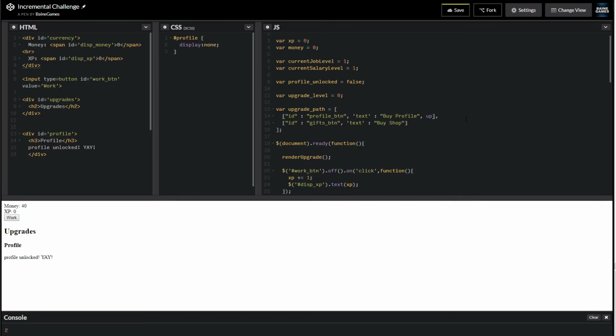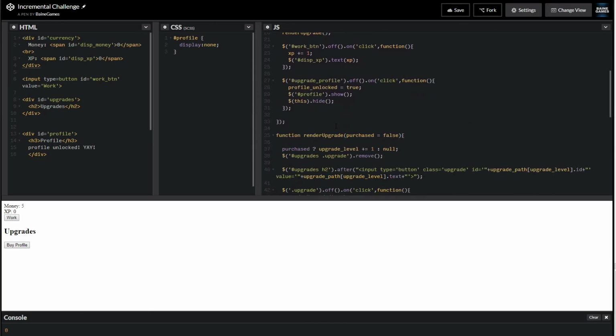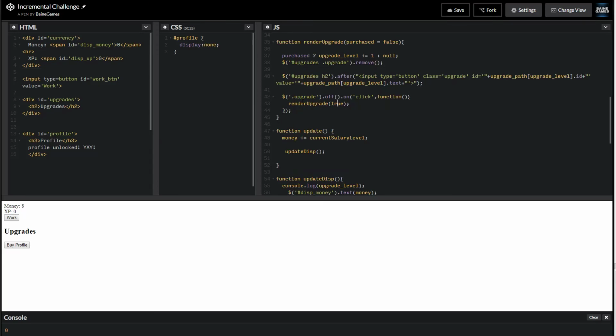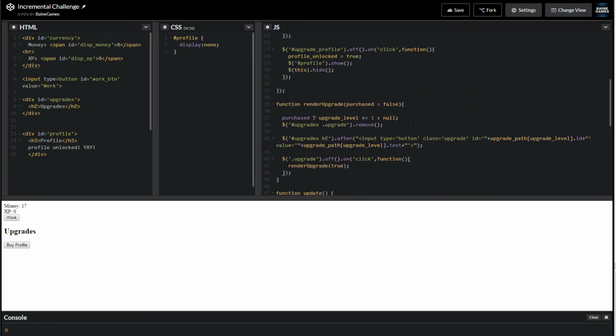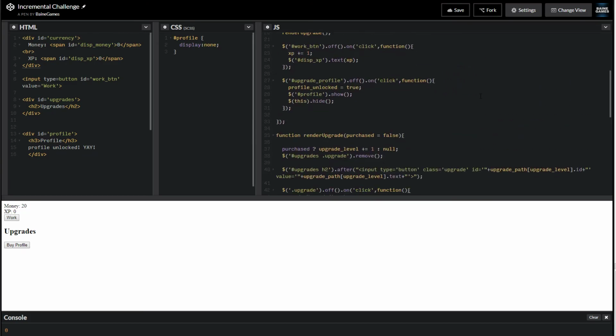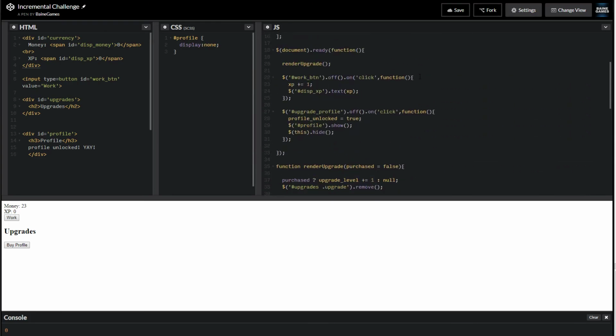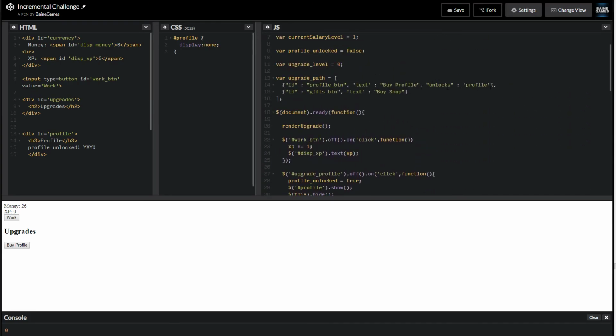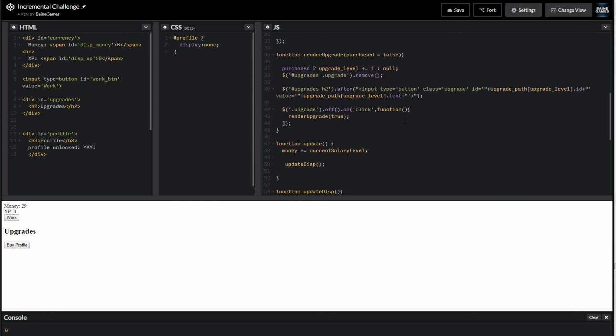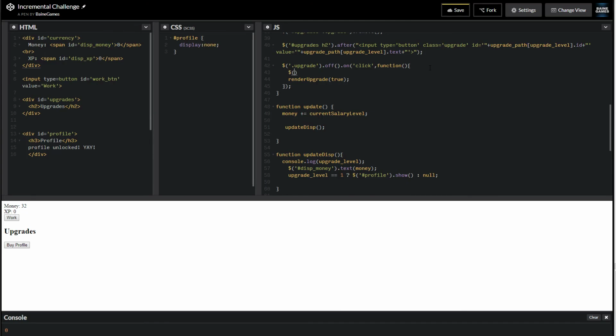to do something like unlocks, what do we call it, profile. So the div name, for example, over here, we could do that. And then what we can do is say, hey, once I click on this upgrade, we can assume that everything might unlock some other type of display. You might want something in here that says type display unlocks profile, whatever. But I'm just going to assume everything's going to do some type of display, because then what I can do